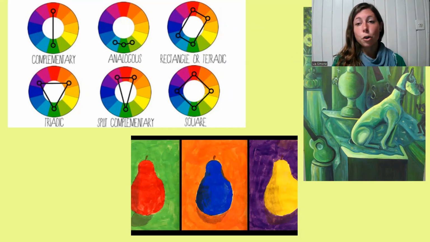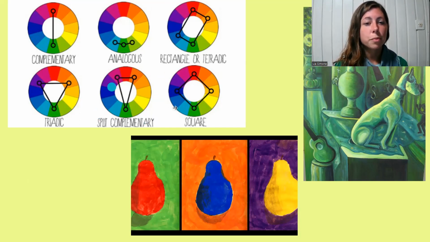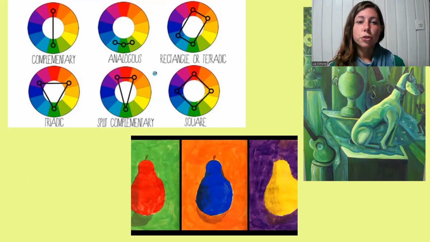You could be designing your home, you could be choosing your wardrobe, making an outfit, or anything else that involves color, really. Sometimes, for whatever reason, I naturally gravitate in my art to weird color combinations that have weird relationships to one another. So for me, this is very helpful. If I'm starting a painting and I really don't know what colors to use, I can, for example, try split complementary, which is a super nice pattern to try out.